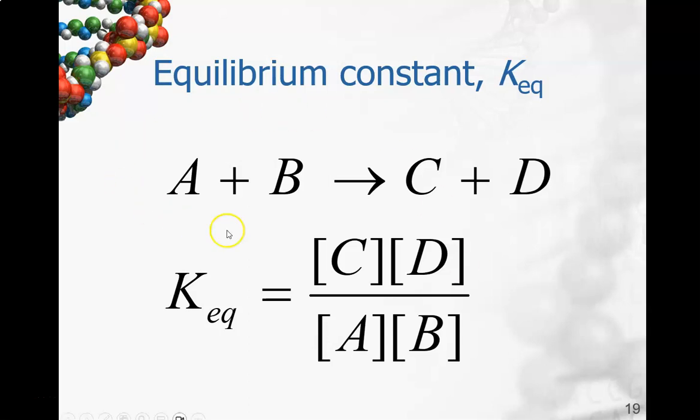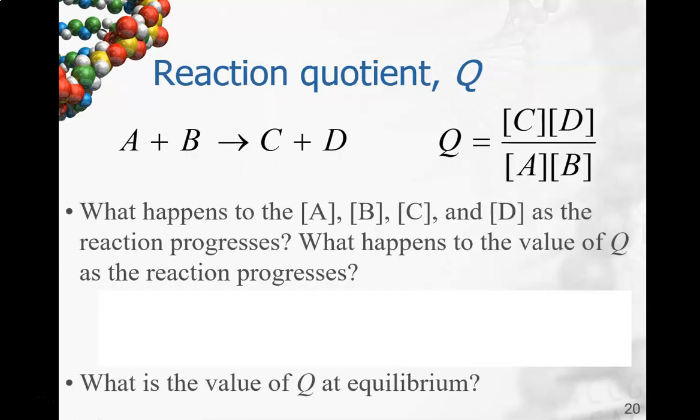Well, here you might remember from general chemistry, we look at our balanced reaction, and we take the molar concentration of the products divided by the molar concentration of the reactants. If there were a coefficient here, we would raise the concentration to the power of that coefficient. So what happens to A, B, C, and D in this reaction as the reaction progresses, we can use this